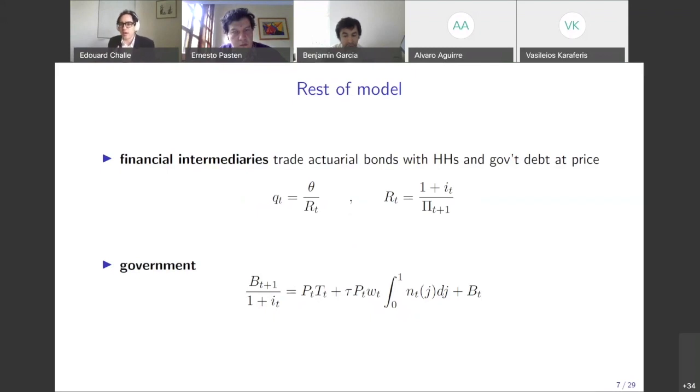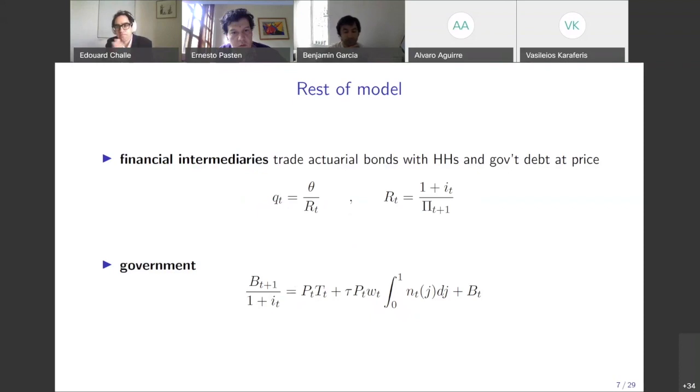Suppose you and I are similar, but then at some point we are hit by different shocks. You're lucky, you have a good endowment shock. I am unlucky. So I'm going to borrow to smooth the shock, and you're going to lend because you want to save part of that extra income. So we're going to extend credit towards each other. Idiosyncratic shocks still generate dispersion in wealth through this effect, the borrowing and lending between the agents.